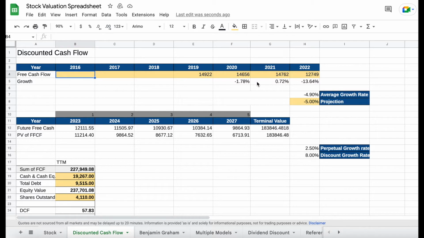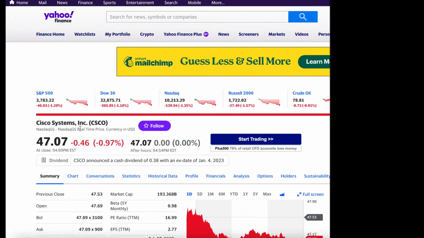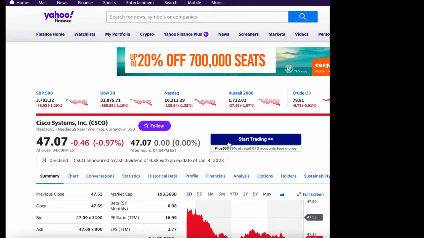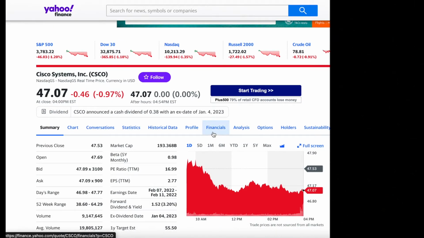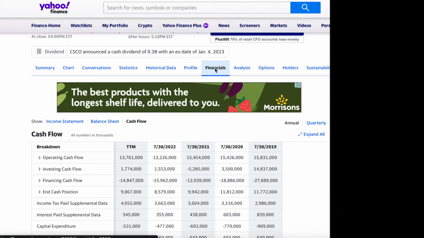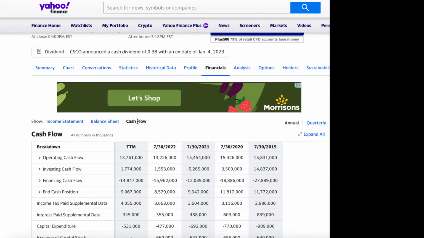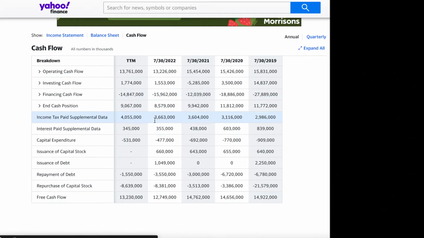So to get this figure, we just go to Yahoo Finance and look up the company. So in this case, I'm looking at Cisco. So if I go onto Yahoo Finance for Cisco and I go to their cash flow, so I would go here into financials. Once in the financials tab, I will then go to cash flow here. So if I scroll down, I can see the free cash flow for 2019,